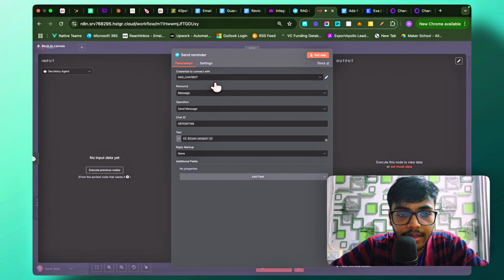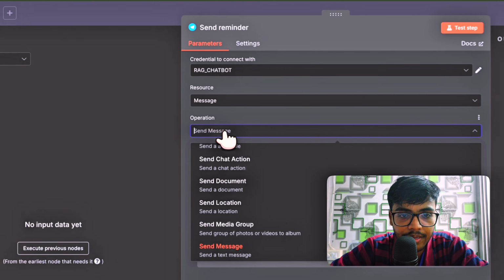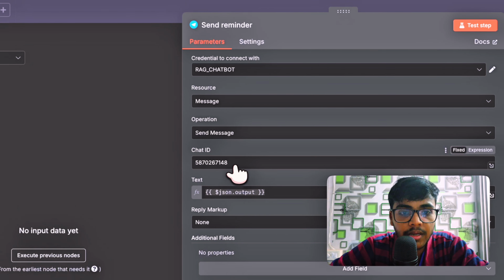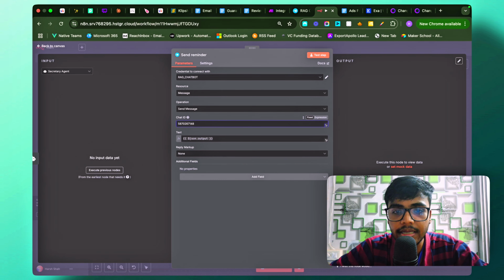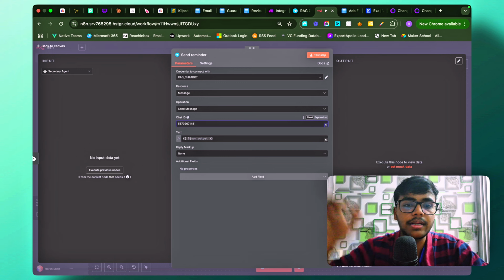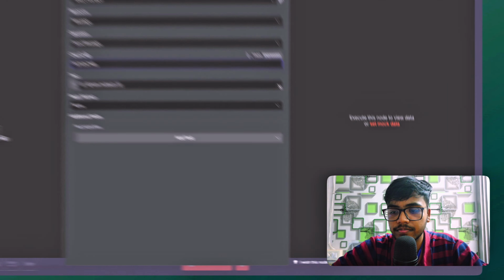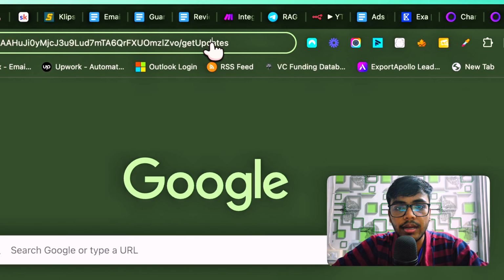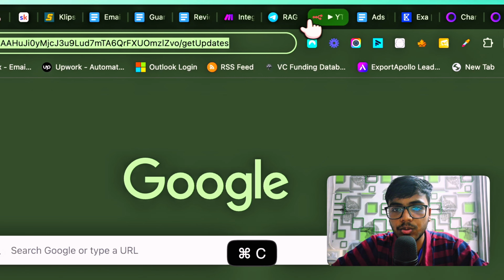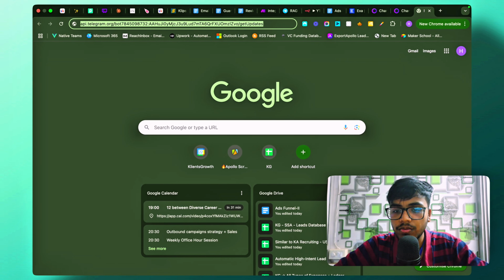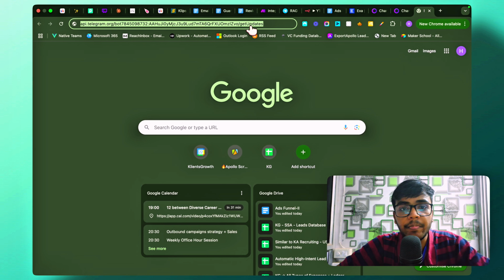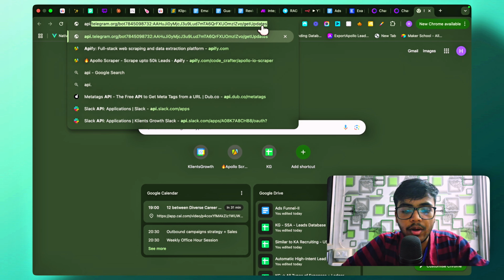So once you've connected that, you need to select the send message operation as an operation. Now how to get this ID, right? This is really tricky if you don't know how to do it. So for that, let me show you. I'm not sure if you can see the search bar or not, but yeah. For that, you need to just type